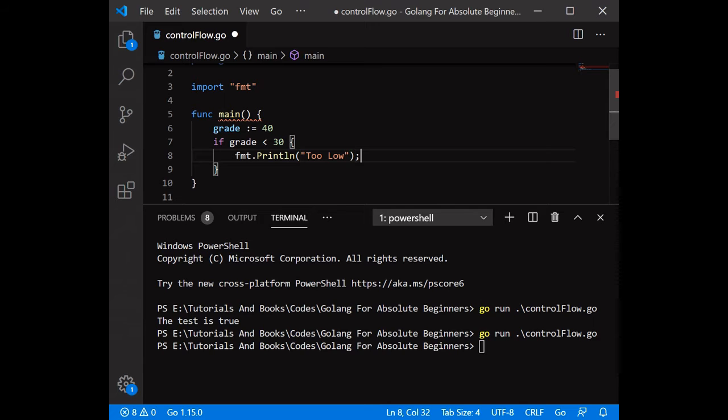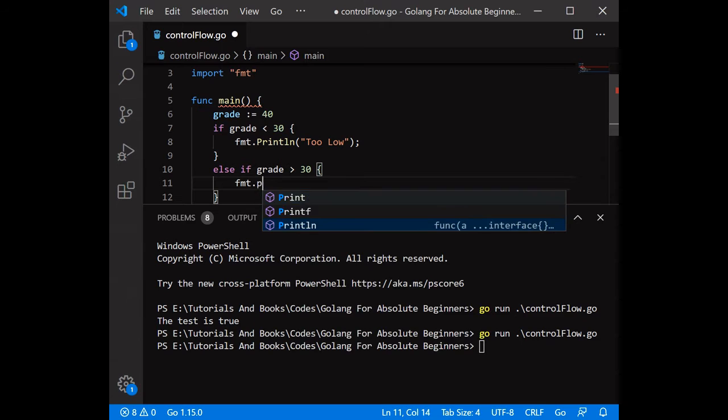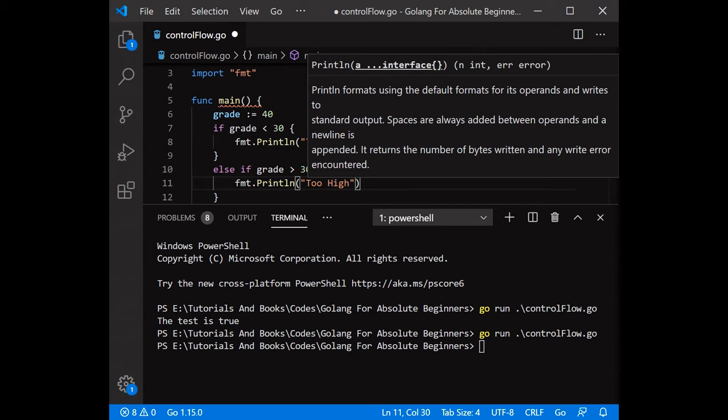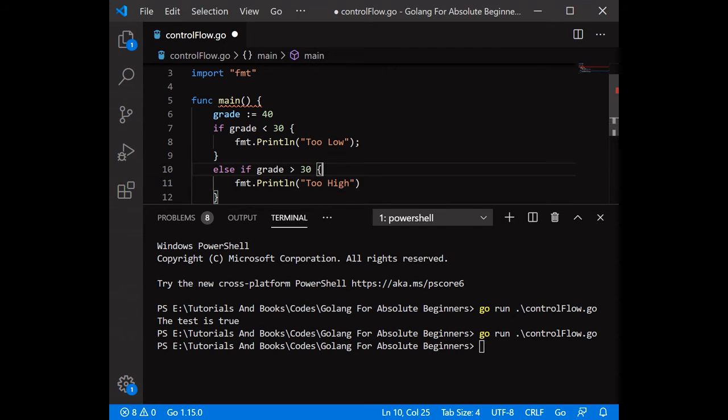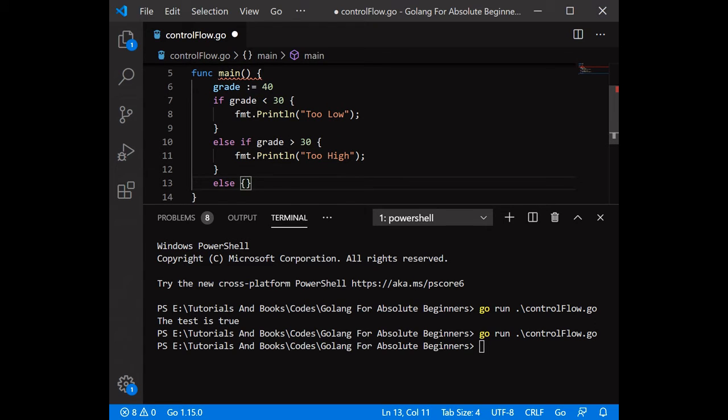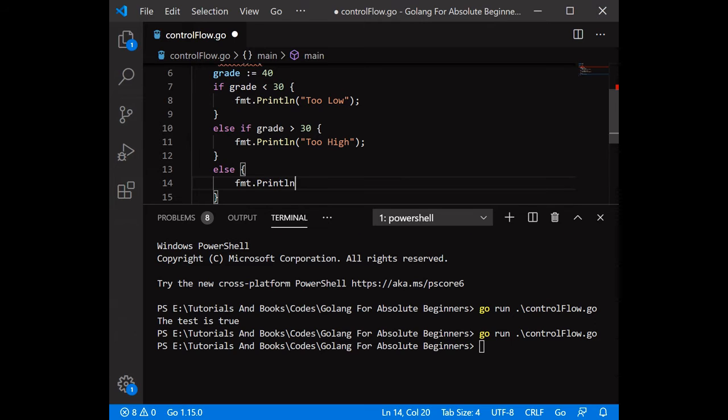This means that the grade is too low. Else if grade is greater than 30, then print out too high. As you can see, we have initialized a variable with value 40, so this should print too high. And else, fmt.Println too equal.